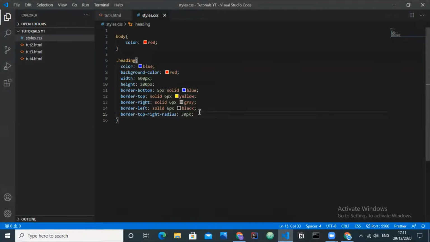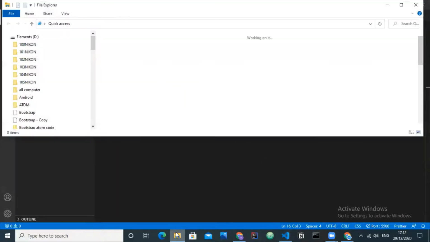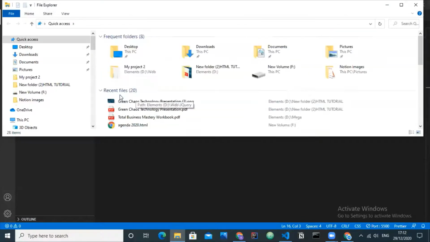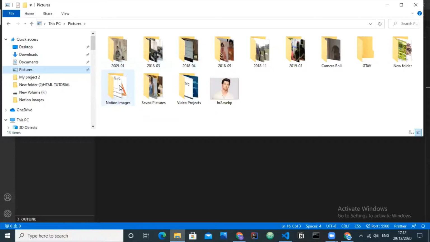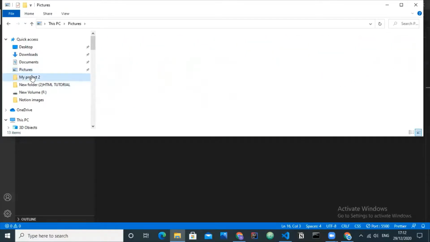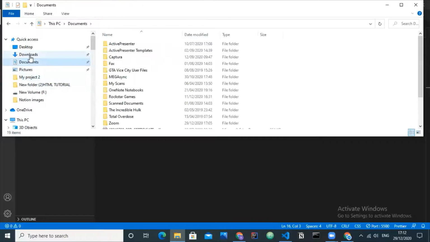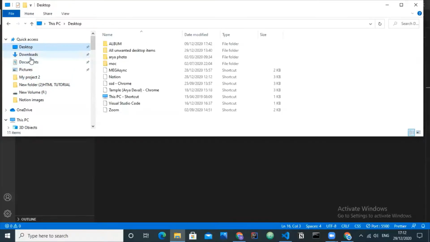There are also many background properties that we can use. We can add any image. Let us see what images I have, in pictures and documents.